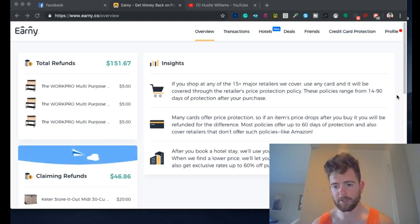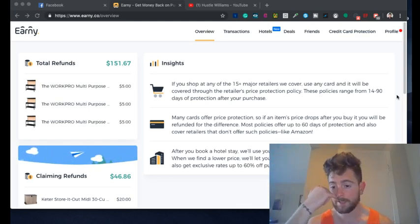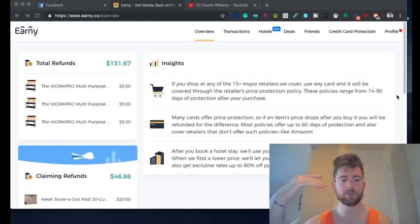I prefer Earny. It's never disconnected on me. It's always got me a really good refund. It just seems to be one of the better cash absorbing apps. So